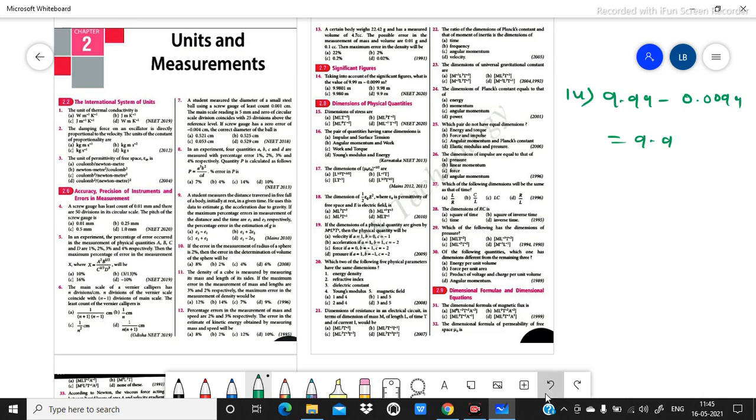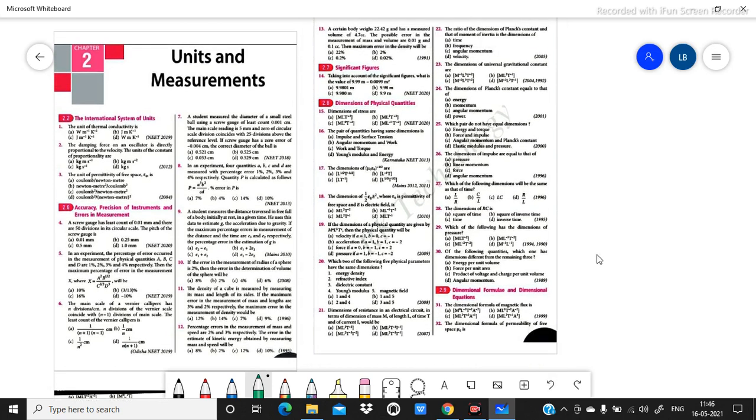Okay, so in 16 it is asked for the pair of quantities having the same dimension. Here you have to analyze one by one individually until you get the pair which has the same dimension. I have done the analysis, so I am directly writing: impulse and surface tension do not have the same dimension. Angular momentum and work also not, but C, work and torque, I can say the correct answer is C, work and torque. They both have the same dimension, because work is F into s and torque is force into perpendicular distance, which is also s. So they both have the same dimension.